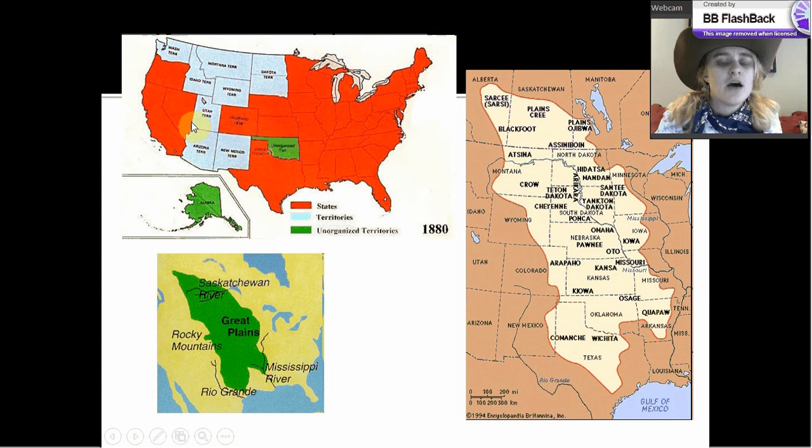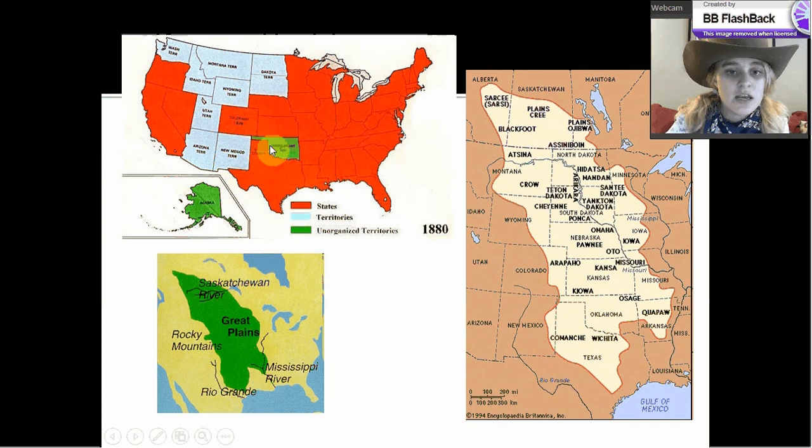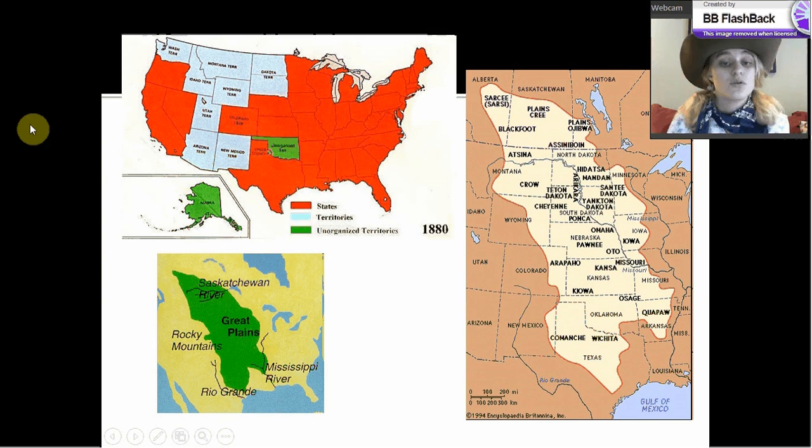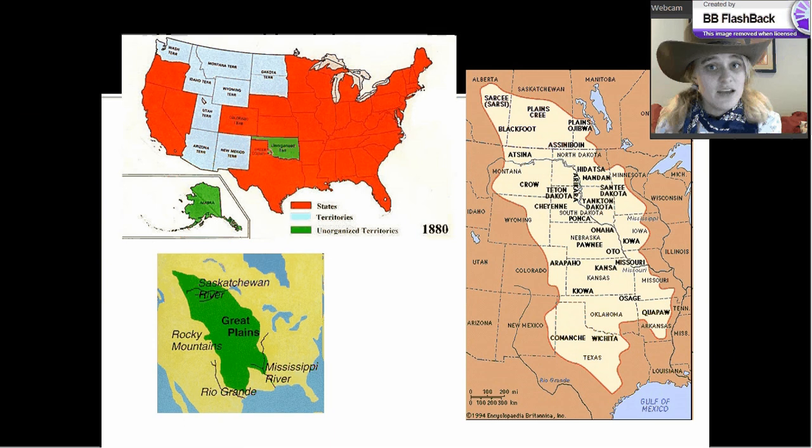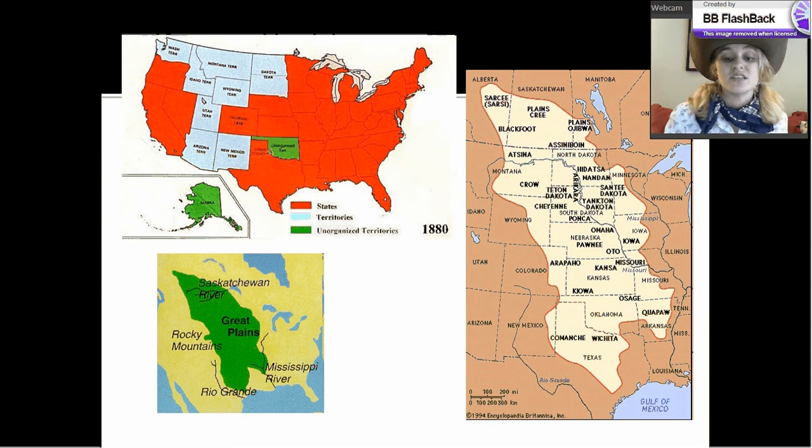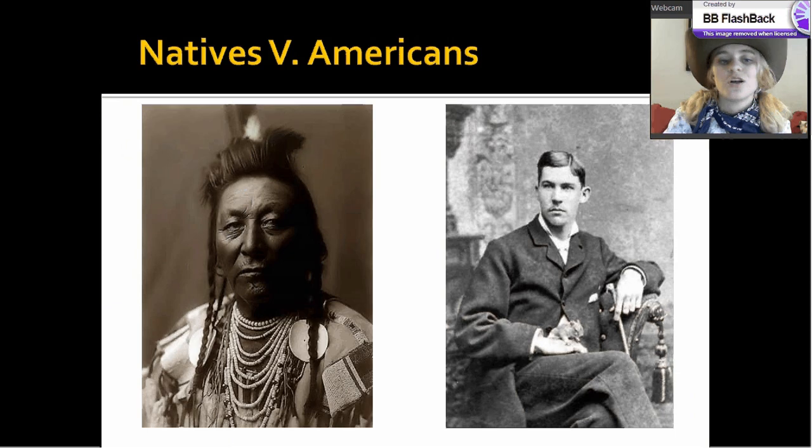Just a couple things to point out. So first of all, if you look up here, what's in blue are not official U.S. states as yet. They are official U.S. territories, but they are not states. What is down here in green, you may recognize as what is modern-day Oklahoma. This is also not officially a state, and it's not really U.S. territory either. It was set aside in the 1800s by Andrew Jackson when he moved the Cherokee Indians from Georgia to the west during the Trail of Tears period. So this is what they would call in this time period Indian territory, and that's going to be kind of where a lot of this conflict takes place. So kind of keep that in mind as we're talking through this here.